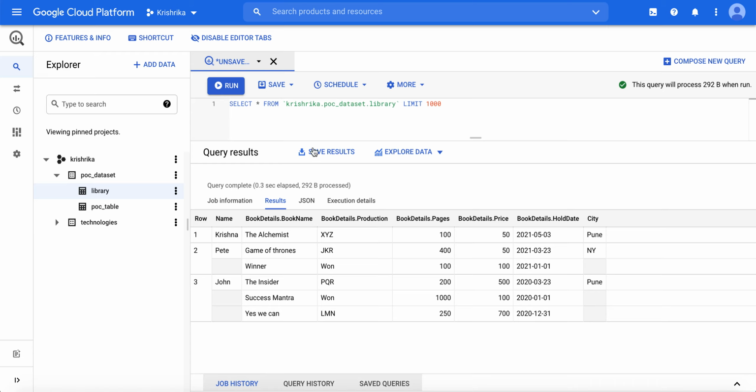And suppose currently you are doing select star, so it's basically fetching all the fields. But what if I just want to know what are the book names? Okay, I don't want anything else. So can I select this? If you do so, it will give you the error, because book name is the array of struct.